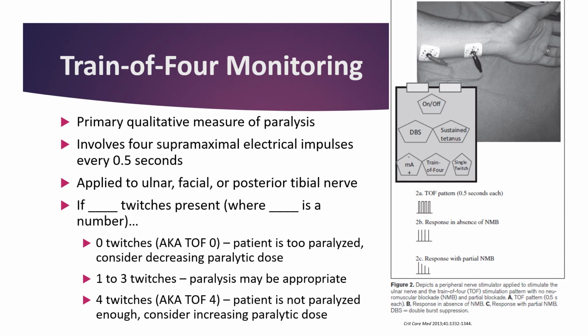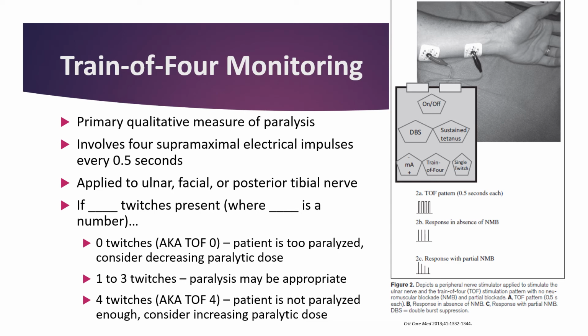So what is train of 4? The most common way of monitoring paralysis is the train of 4, and it's a primary qualitative measurement of paralysis. Qualitative in that it actually measures twitches. It involves 4 supramaximal electrical impulses about every half a second. And you can apply a sensor to the ulnar, facial, or posterior tibial nerve,